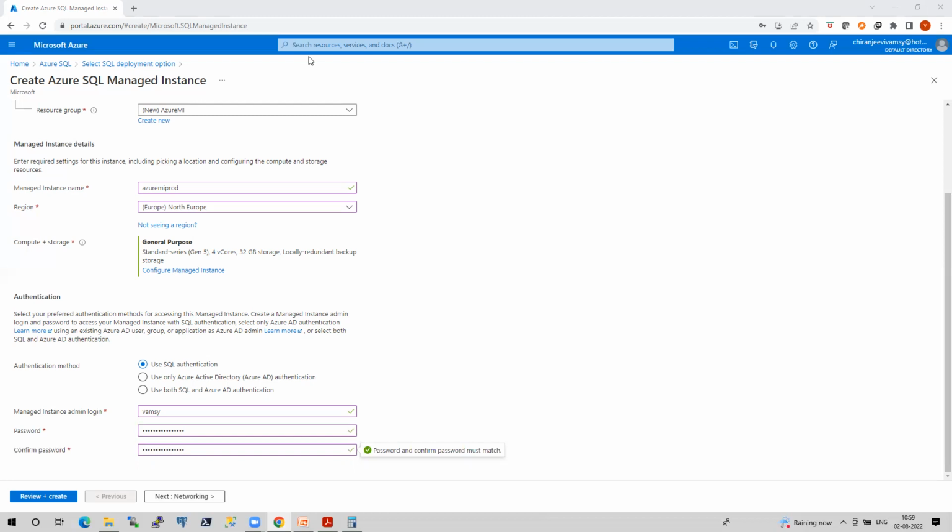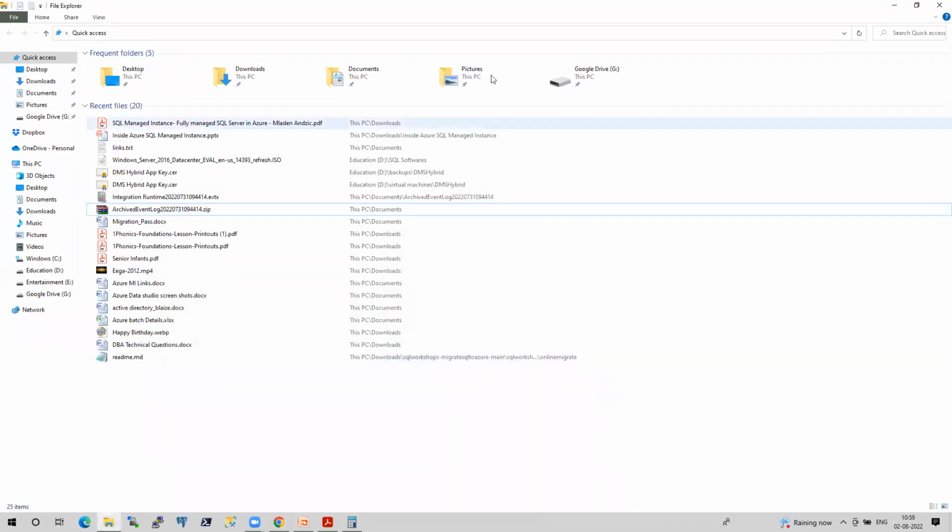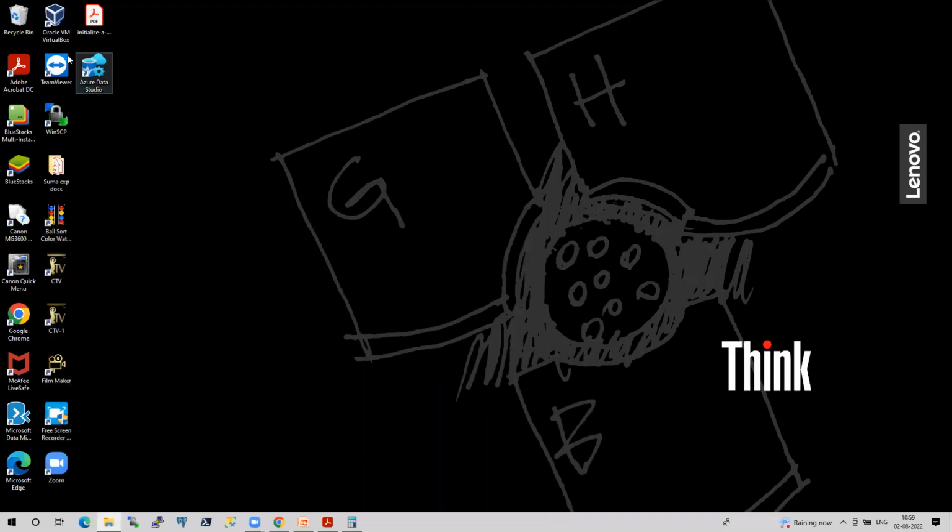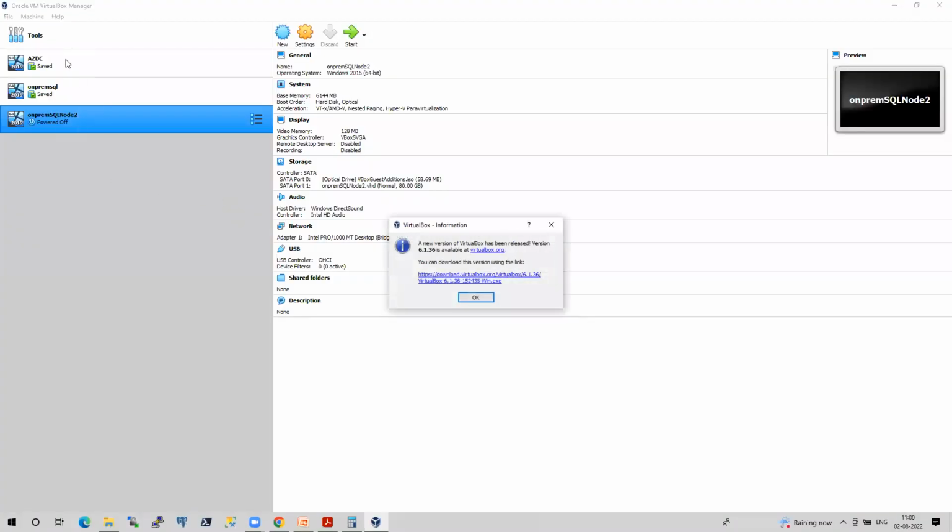When I was discussing private endpoints, I was not able to show you from my on-prem environment. When I say on-prem environment, I mean my Azure virtual machines. Let me open this. So this is my domain controller. This is on-prem and node 2, right? When I'm trying to access the Azure SQL from my on-prem SQL without internet, I was not able to access this with the private endpoint.